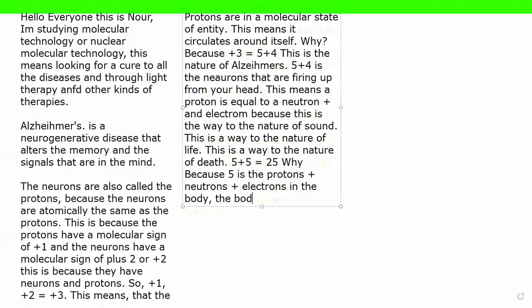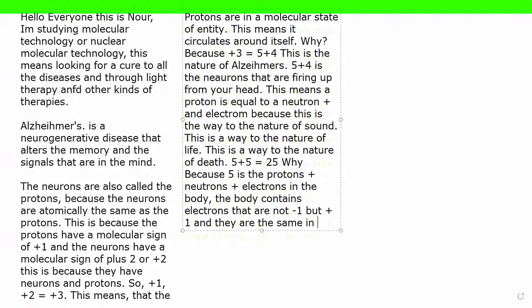The body contains electrons that are not minus 1, but plus 1, and they are the same in nature as a proton. Now, why 25? Because